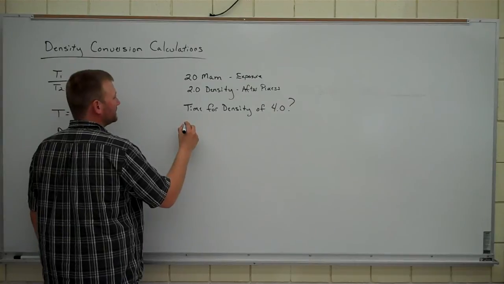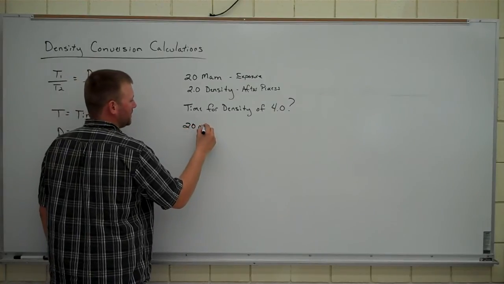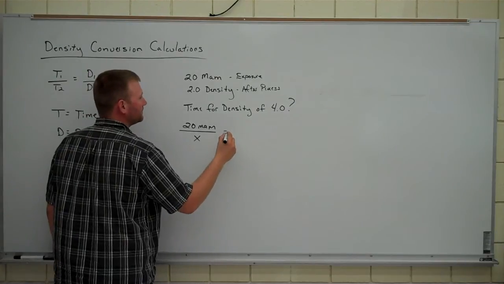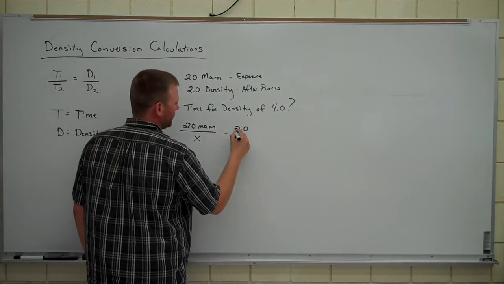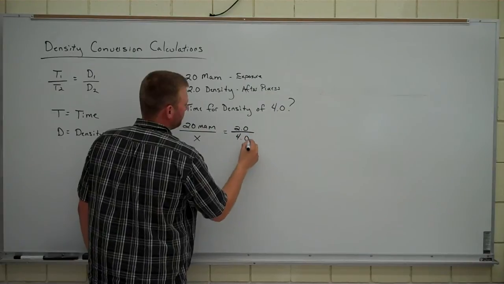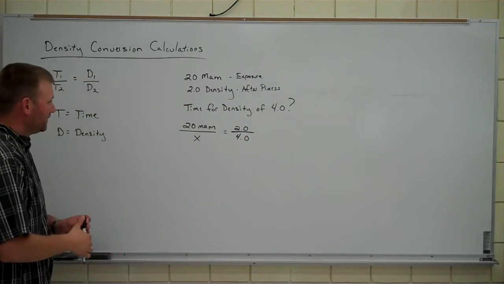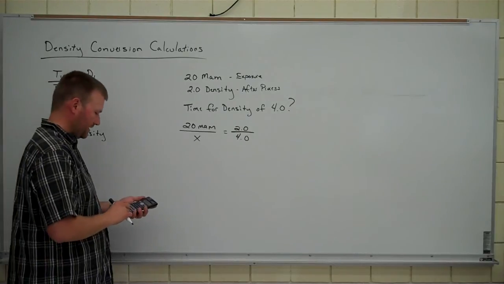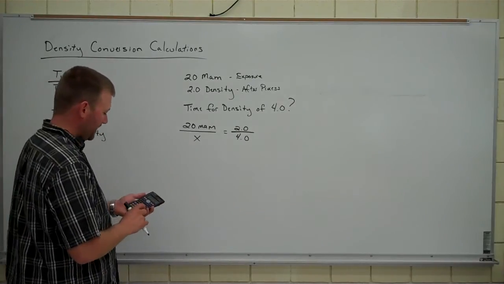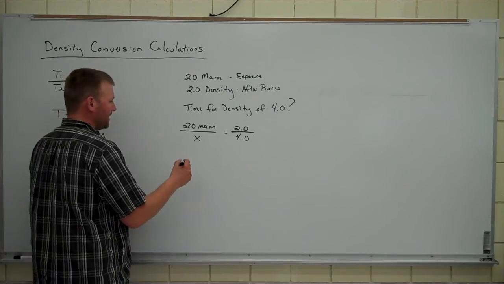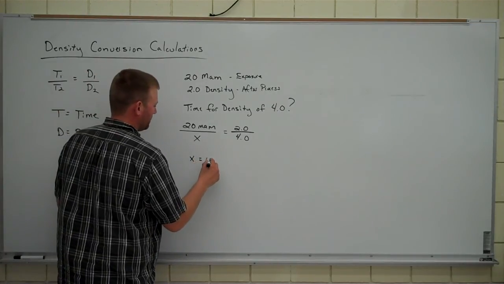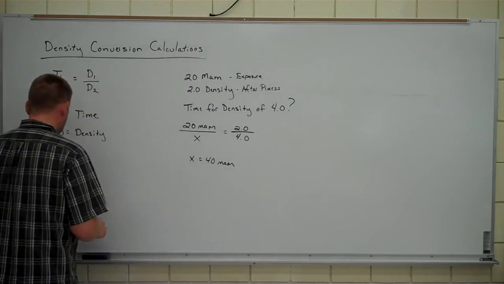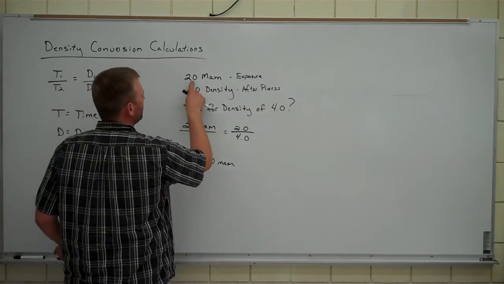So, we're going to take time 1 of 20 milliamp minutes. We're going to go here, time 2, we don't know what it is. Okay, we had a density 1 of 2.0, we want a density 2 of 4.0. So, with your calculator here, 20 milliamp minutes times 4.0 density gives you 80. Divide that by 2. That gives you 40 milliamp minutes,